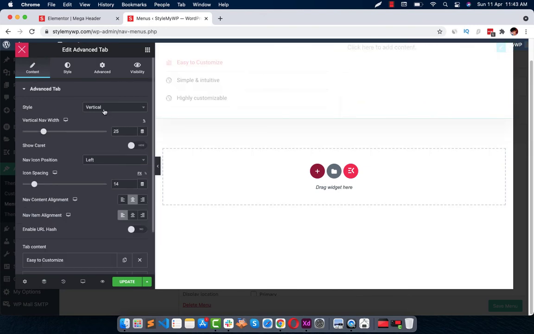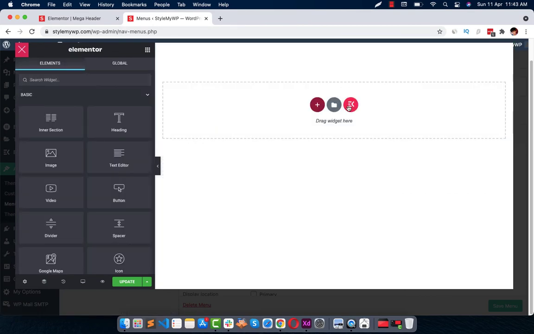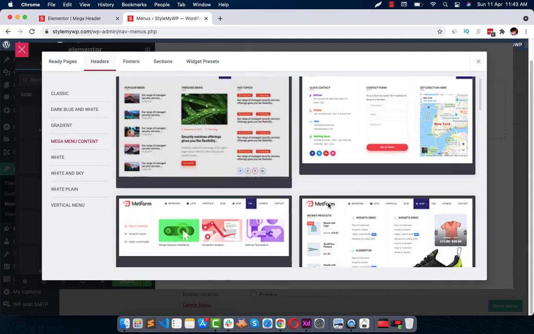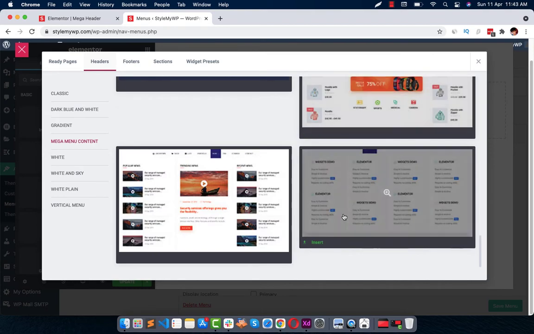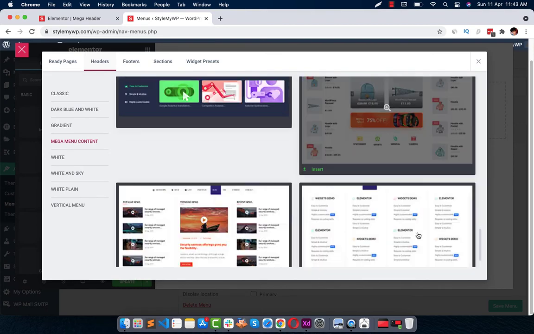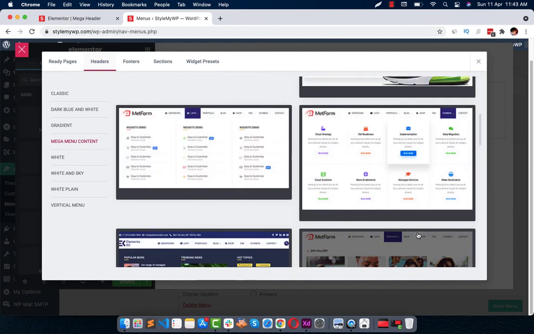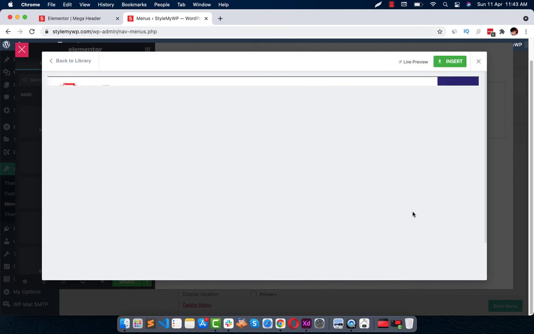It's asking me to add some content in advanced tab. We can go with any other one. This one also looks good, but it will need more and more content to your website, so you can choose someone that doesn't require much of the content, so it looks good.